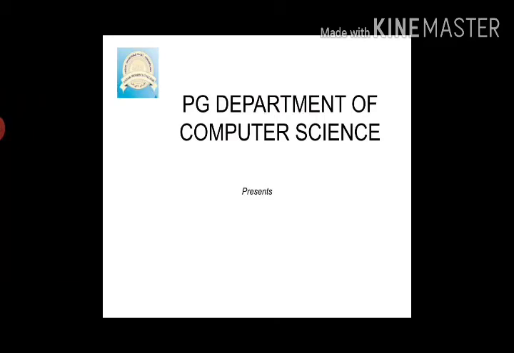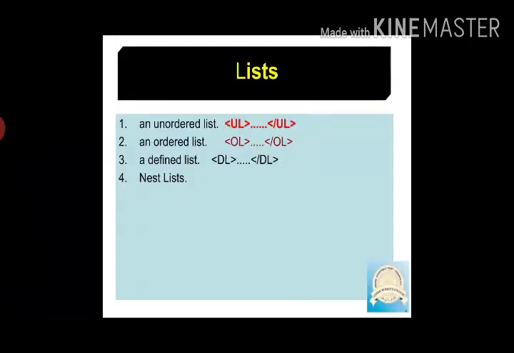In this video, I discuss HTML lists. After watching this video, you should be able to create an unordered list, ordered list and definition list, etc. The HTML lists are classified into three: unordered list, ordered list and definition list. We can combine these lists in a nested order, so it is called a nested list.